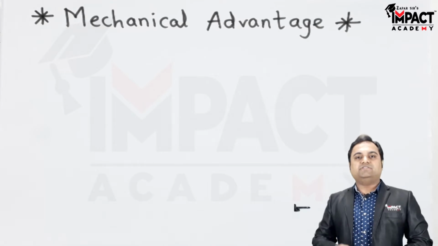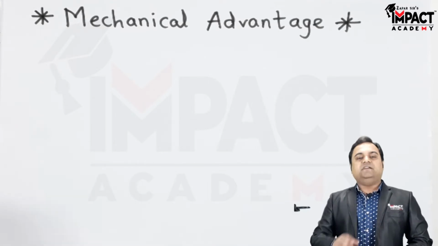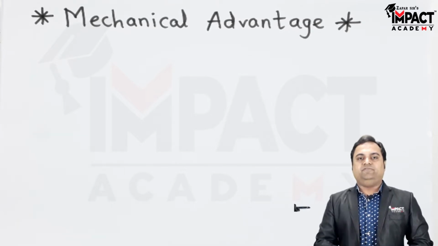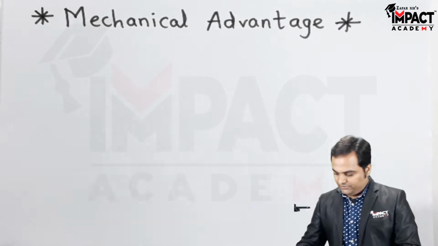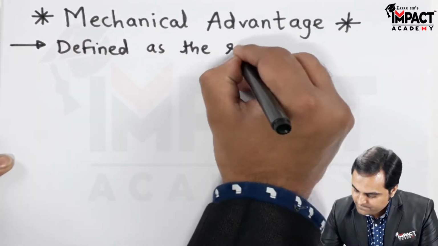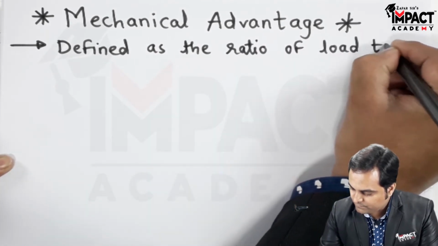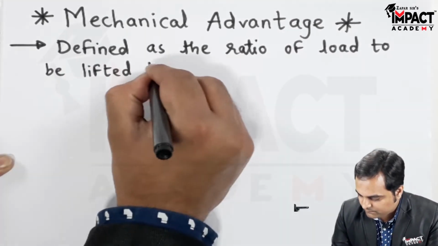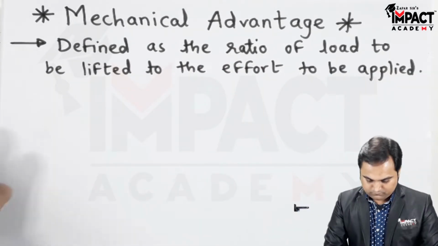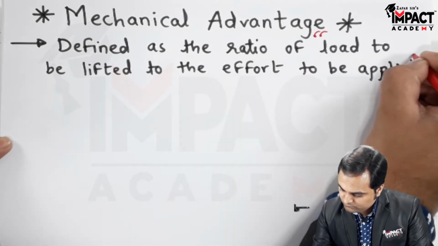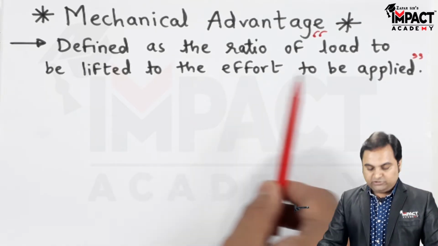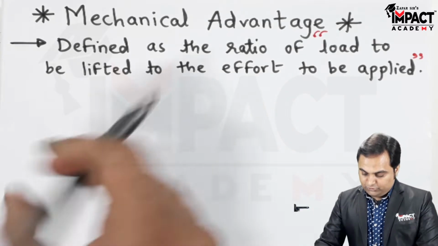Mechanical advantage in case of simple machines is basically defined as the ratio of the load to be lifted upon the effort to be applied. I'll write it over here. So it is defined as the ratio of the amount of load to be lifted to the effort to be applied. Then it is denoted by